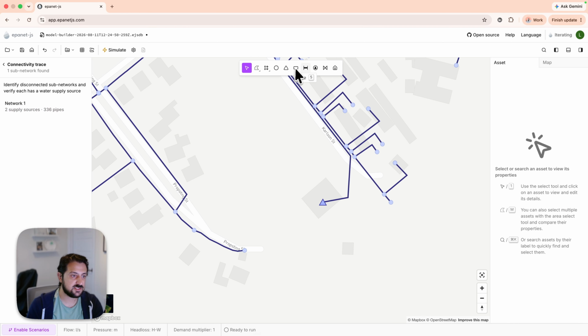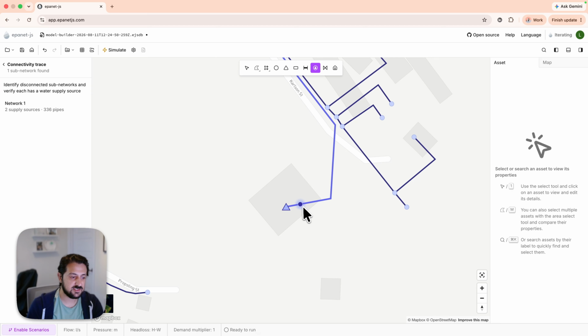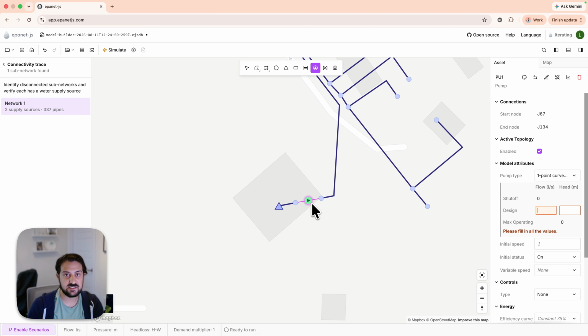You can see a toolbar across here that allows us to add elements and draw them in. This one here is the pump. If we want to split in a pump, all we have to do is, as we hover over the pipe, we can see where it's going to connect. We can click the first part of the junction in on the pipe and then next. And EbNet.js has cut and snapped in that pump automatically for us.